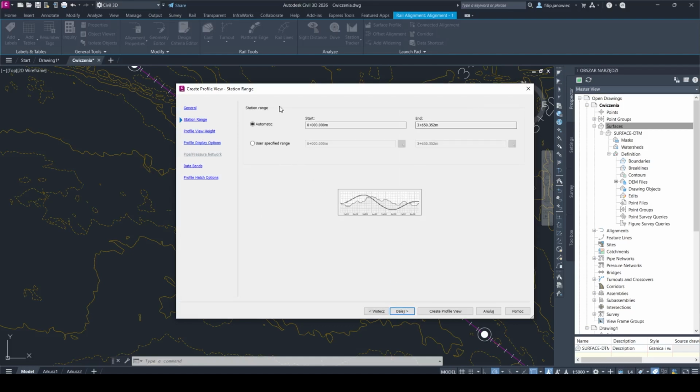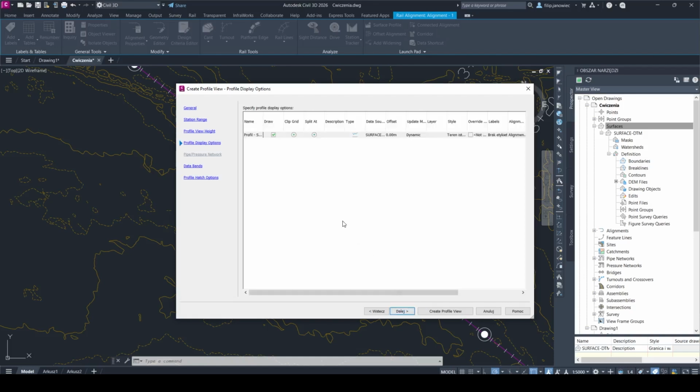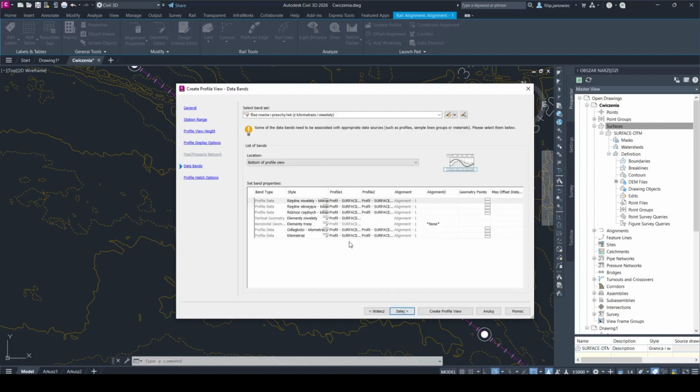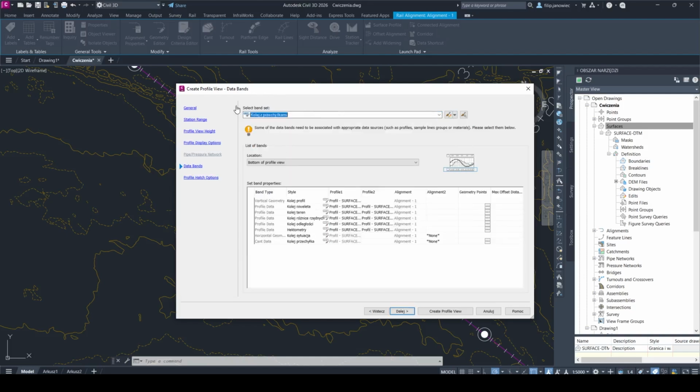Next, here I don't change anything. Profile view. Also, profile display options, nothing. And data bands, I change it here for railway with fonts,